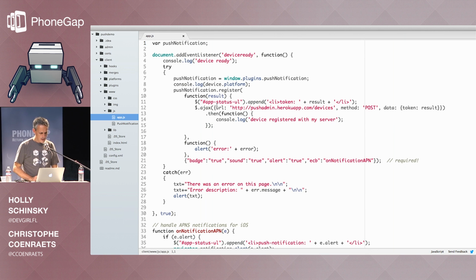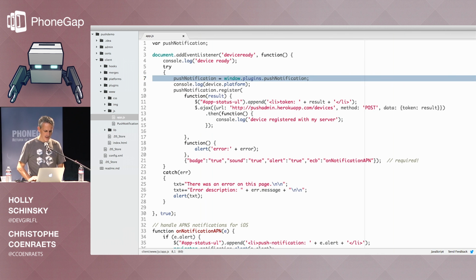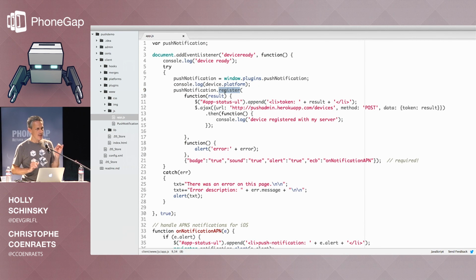Okay, so there it is. First of all, I need to install the push notification plugin, like any other plugin. In the device ready event on my device, I'll grab a reference to the push notification plugin. Now push notification is a reference to that plugin, and I'm going to invoke the register method provided by that plugin. Register is going to talk to APNS or GCM, and in the result, I'm going to